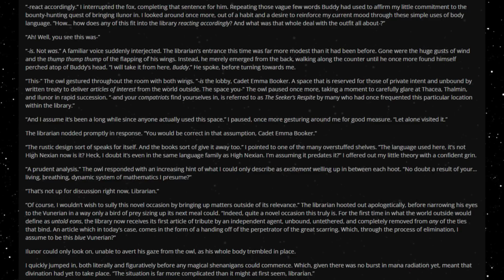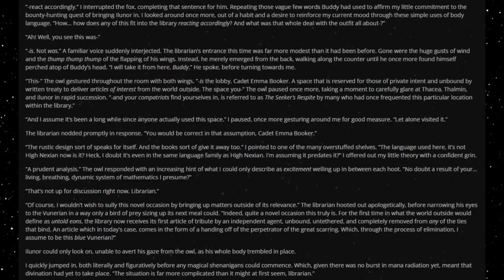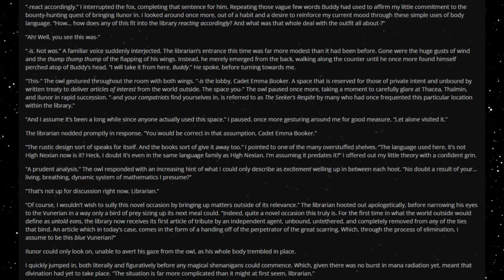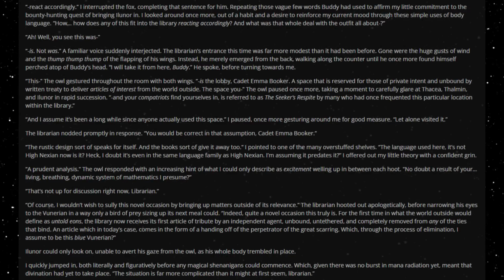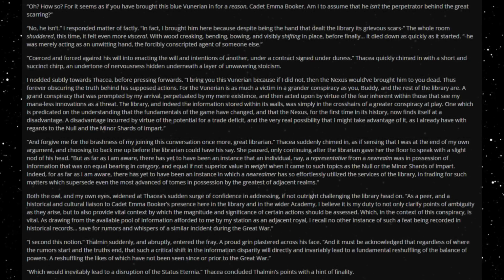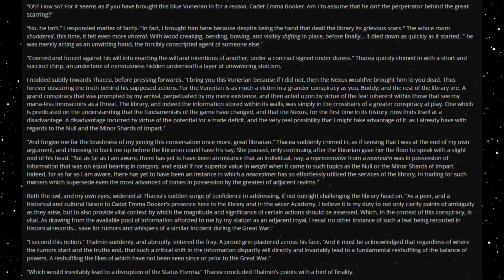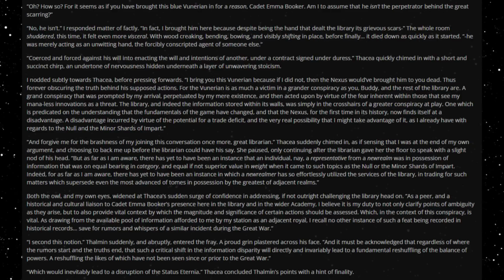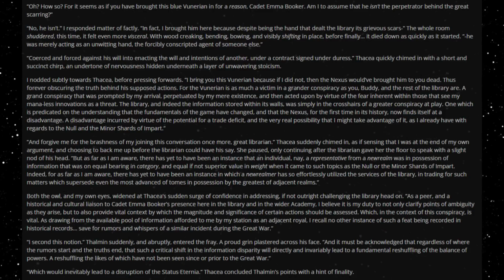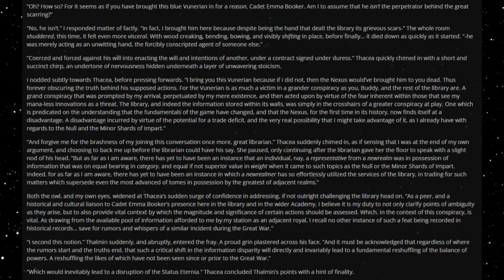I quickly jumped in, both literally and figuratively, before any magical shenanigans could commence. Which, given there was no burst in mana radiation yet, meant that divination had yet to take place. "The situation is far more complicated than it might at first seem, librarian." "Oh? How so? For it seems as if you have brought this blue Venerian in for a reason, Cadet Temabuka. Am I to assume that he isn't the perpetrator behind the great scarring?" "No, he isn't," I responded matter-of-factly. "In fact, I brought him here because despite being the hand that dealt the library its grievous scars..."